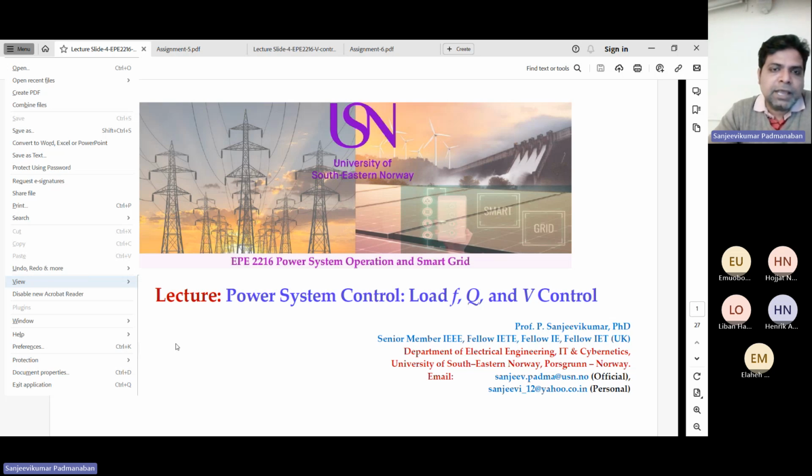But as I said, I have divided it into two parts. In the first part, we are going to discuss load frequency control, conventional methodologies, along with voltage control. Finally, in the next lecture, we will discuss more on advanced frequency controls and reactive power compensation. As always, it's required to understand why we need these